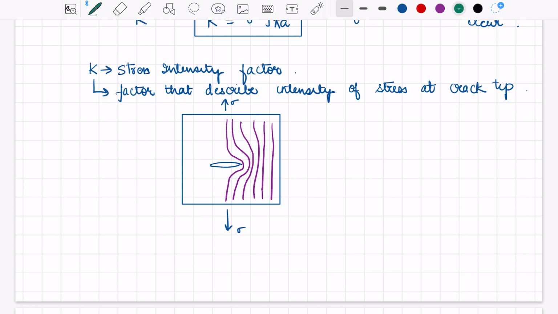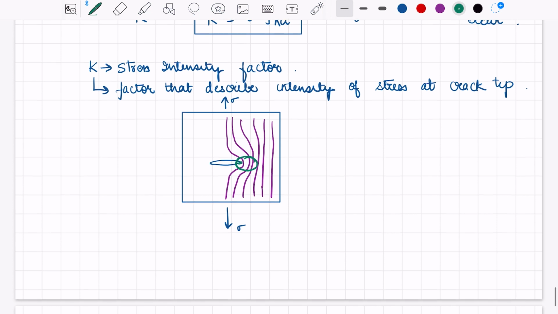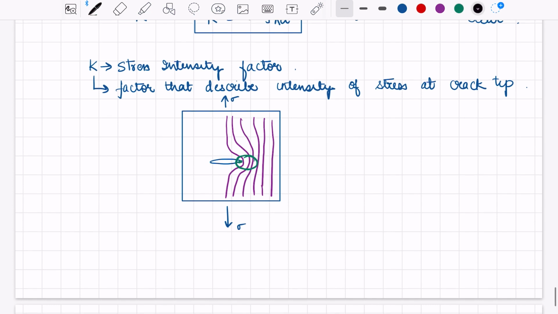Here we can observe that at the crack tip the stress lines or the flow lines get concentrated, by which the stress at the crack tip gets amplified, and we can draw the